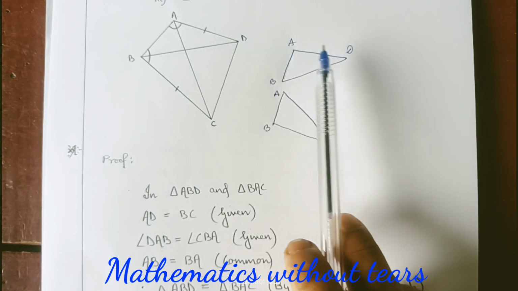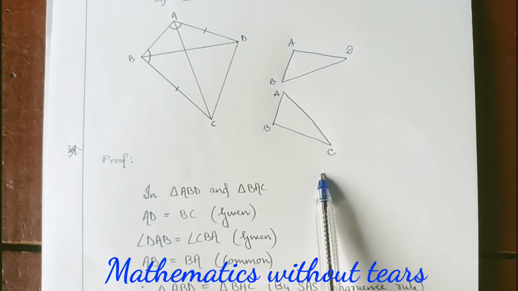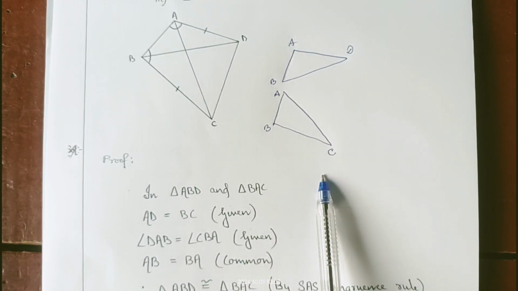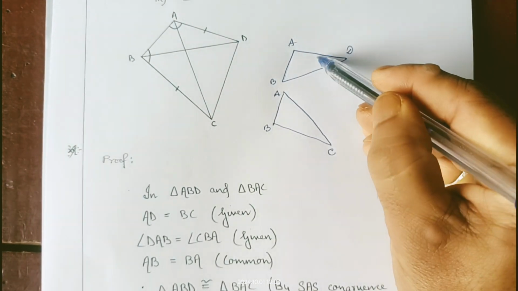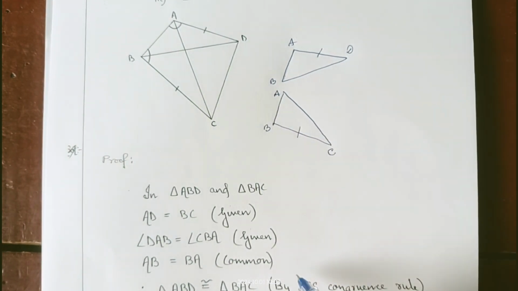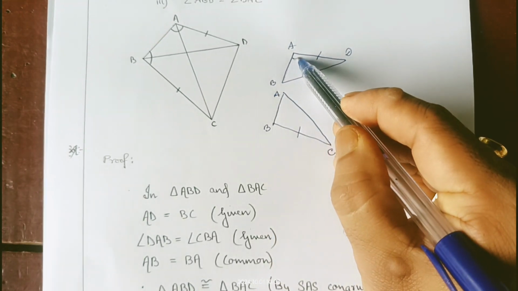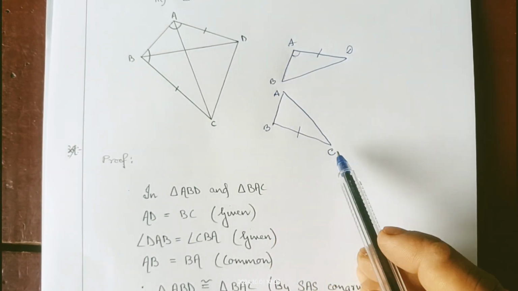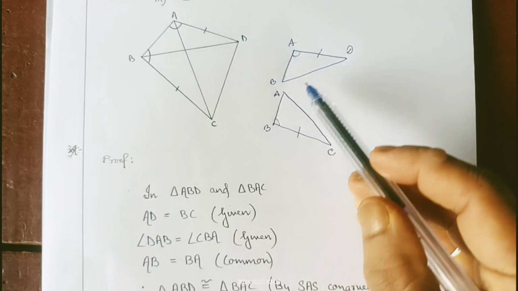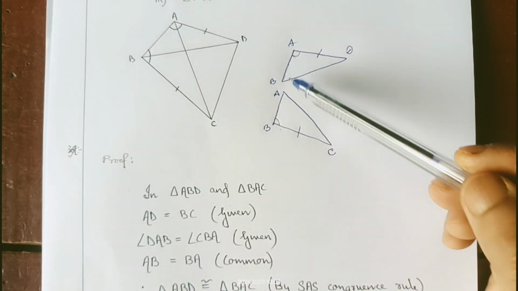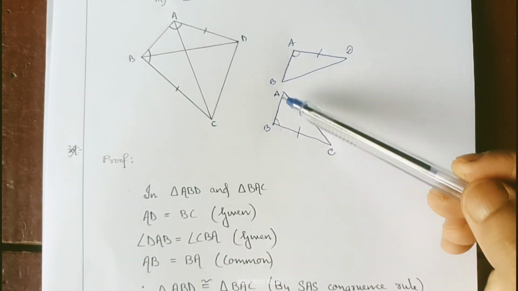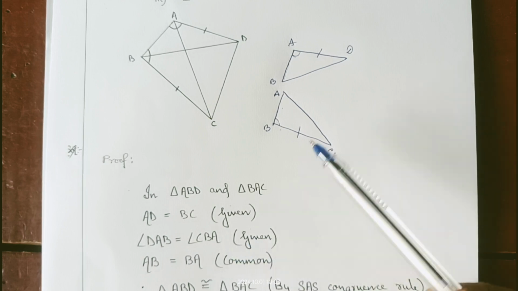Here it is BAD and ABC. Now as given in the question that AD equal to BC, so here we can mark AD equals to BC. Next, angle DAB, that means this angle is equal to angle CBA. These two angles are equal, and here you can see AB, here also AB, so these two sides are common. So we can write in triangle